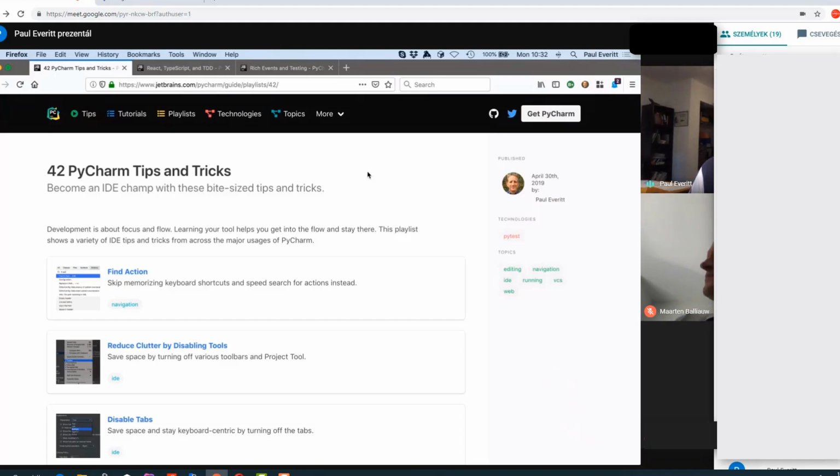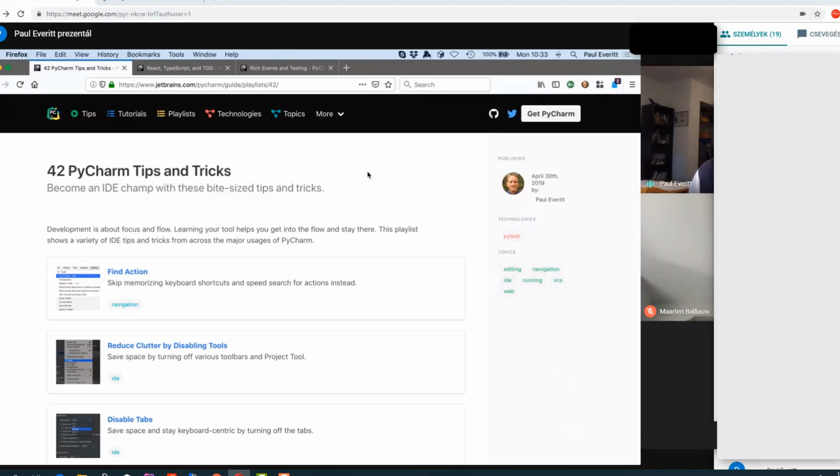And then the last thing that we do, and Maarten also alluded to this, is that there's a lot of crappy work that goes into development, and life's too short to do crappy stuff. Why not let your tool do your janitorial work for you? A lot of the things that Maarten showed and a lot of things that I'll show are related to letting the IDE be your janitor.